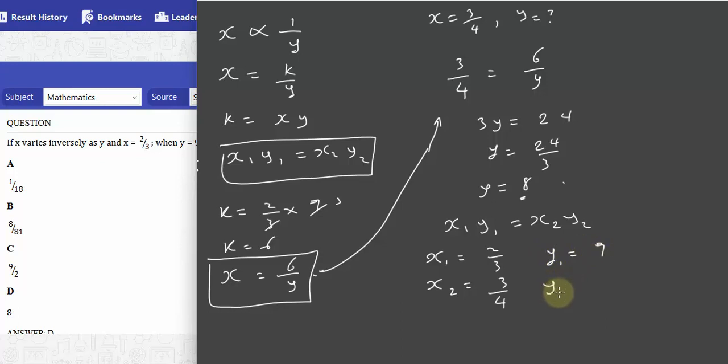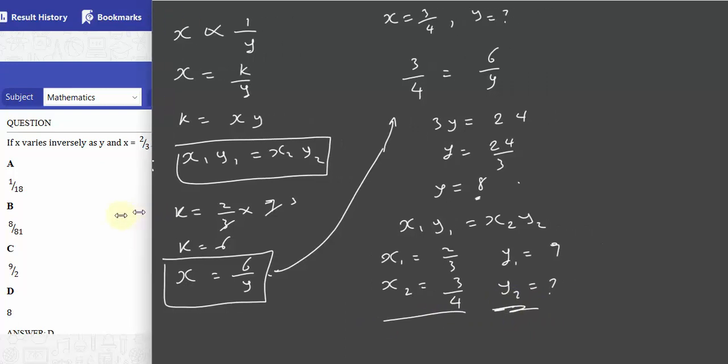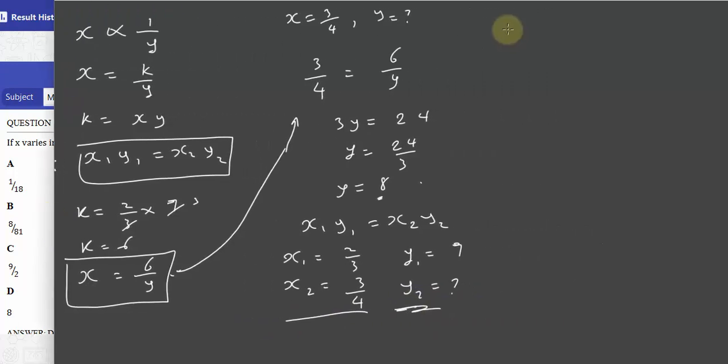Then the second known value is what we don't know. That's what we were asked to look for. What's the value of this y when x is 3 over 4? So you can simply use this formula to just get it straight up. So which means you can just say 2 over 3 times y1, which is 9, equals x2, which is 3 over 4 times